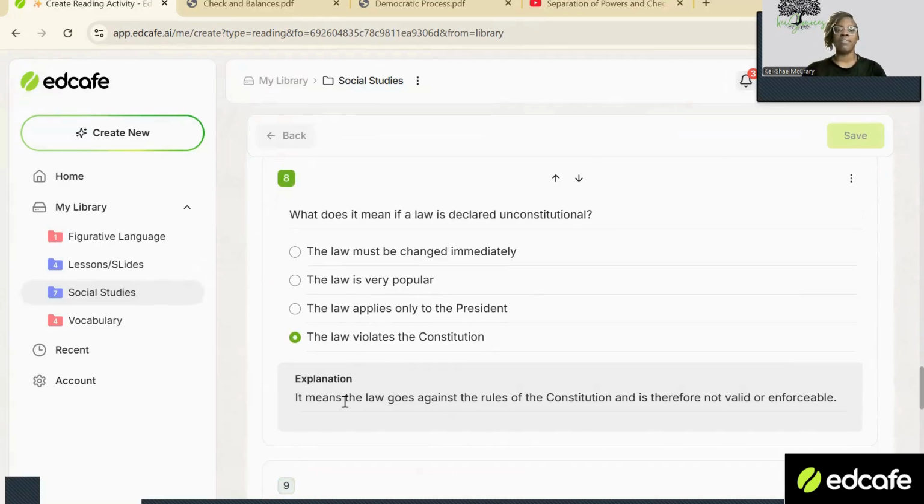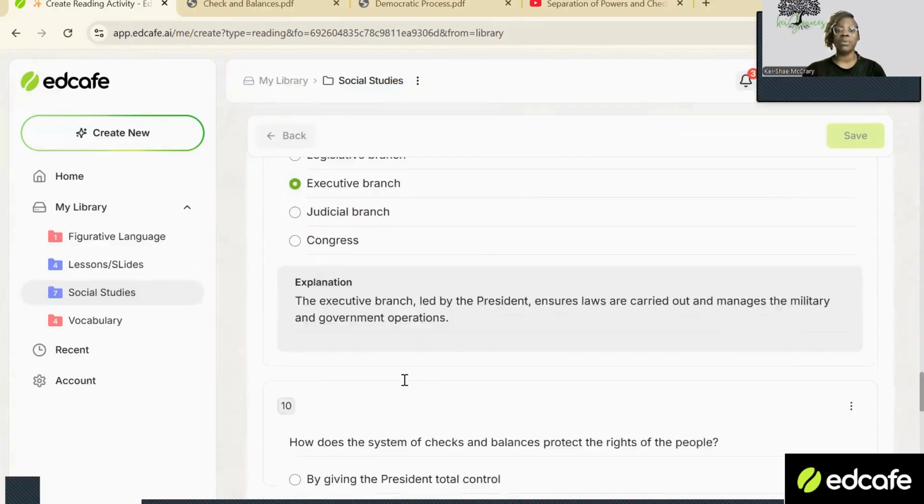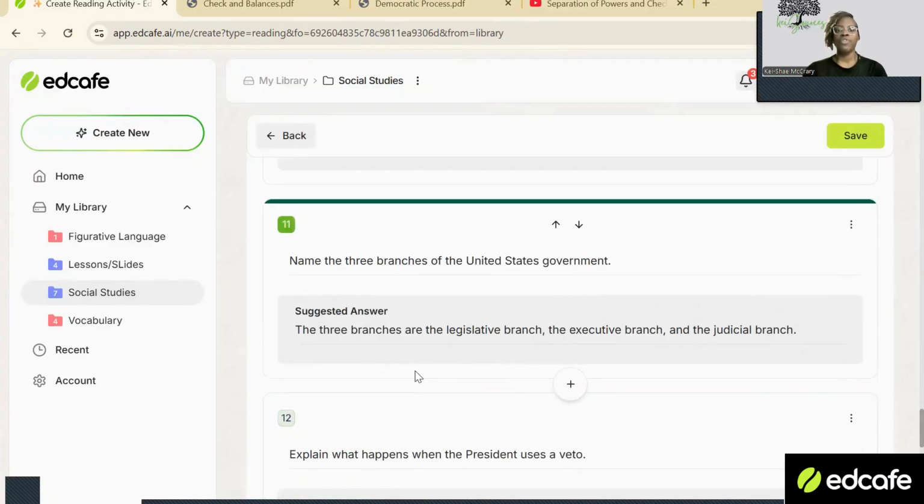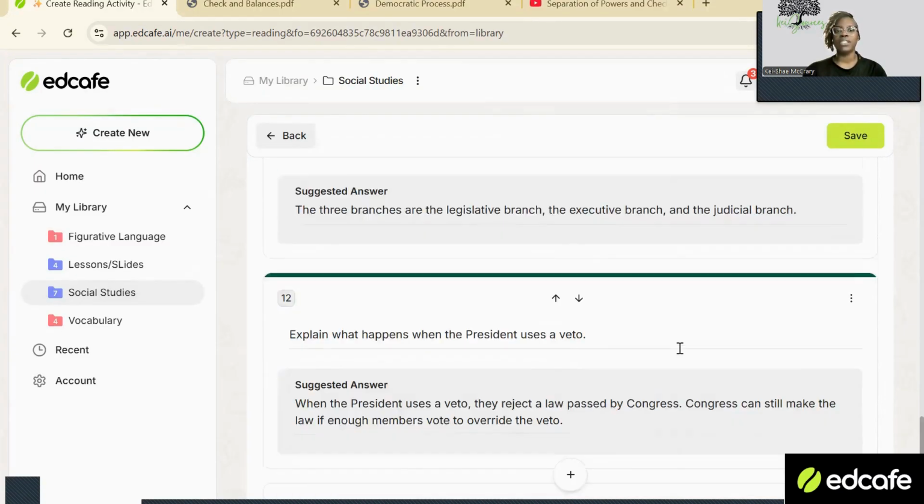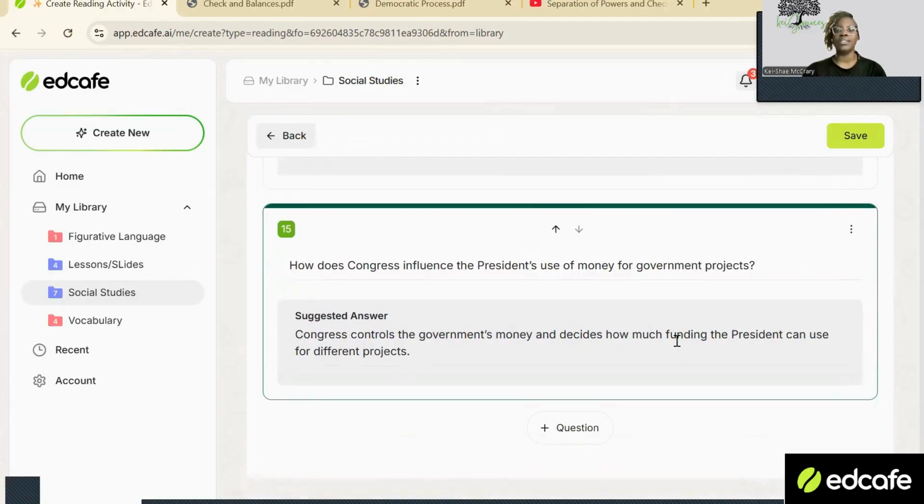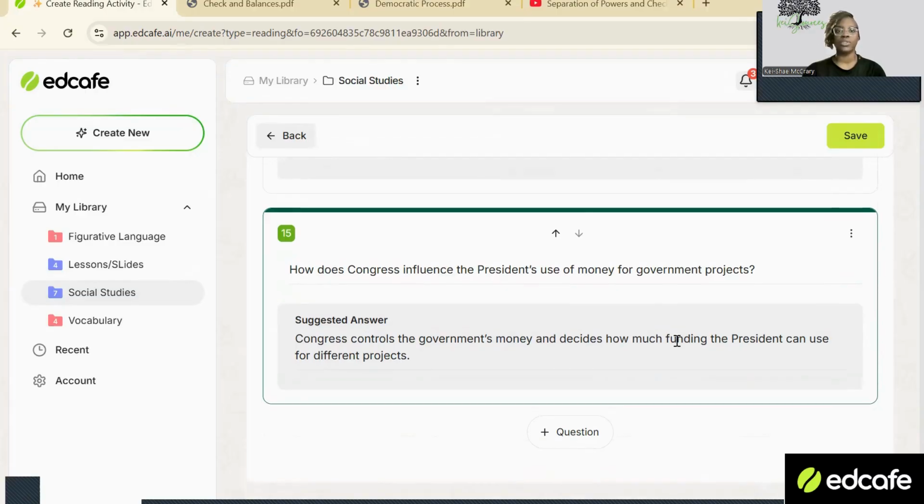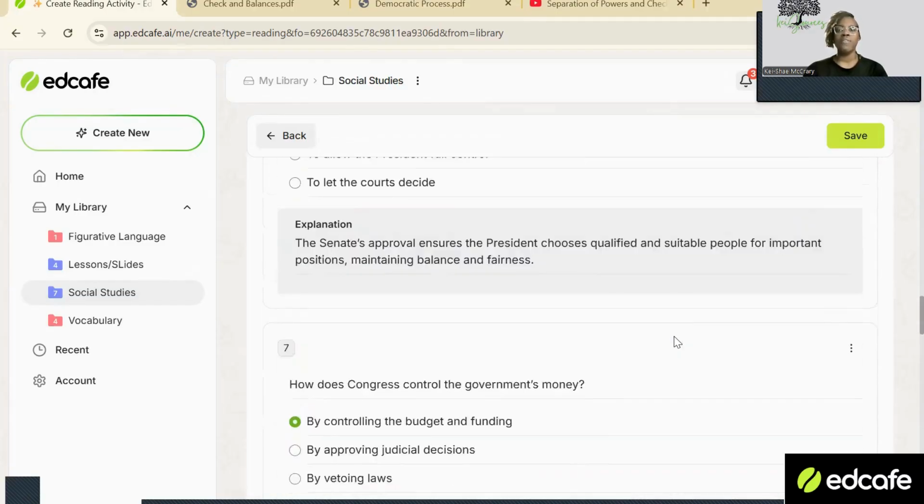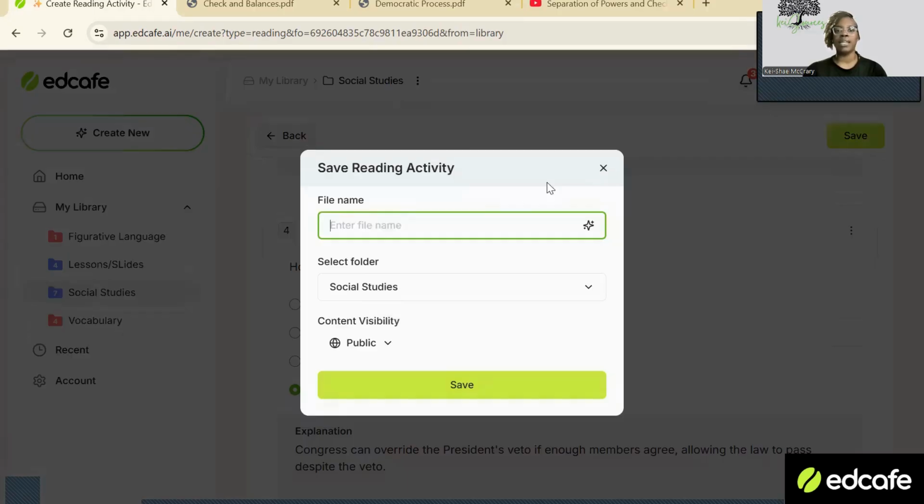As you can see, they give the answer and they give the explanations to the answers. For my short answer questions, they give a suggested answer so that way no one is confused. And it seems like for this reading passage, they chose to have 15 questions. Now, if I had a small group and I didn't want them to do this as an independent work, as an exit ticket or independent work assignment after the lesson,